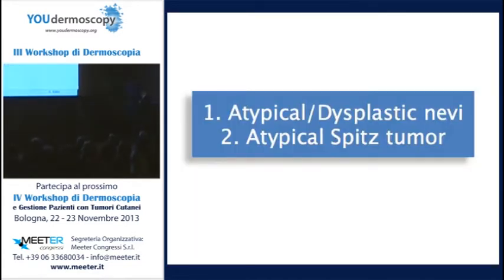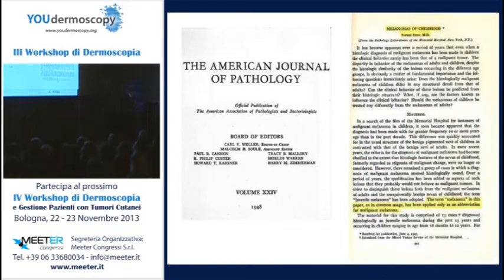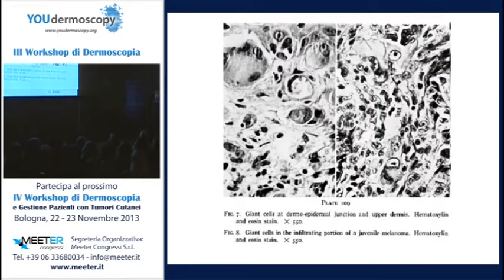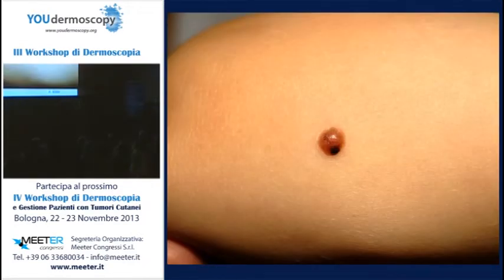Now, the last 3 minutes about atypical Spitz tumors. Well, it all started in 1948 with Sophie Spitz, and she thought that these lesions were actually melanomas and not nevi, because she thought that the cytologic morphology of these nevi is very atypical, like in a melanoma. And this problem exists until